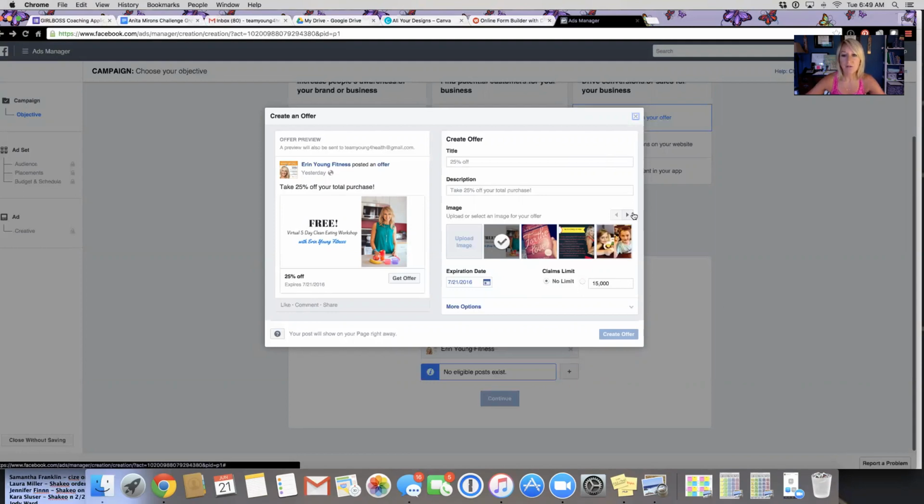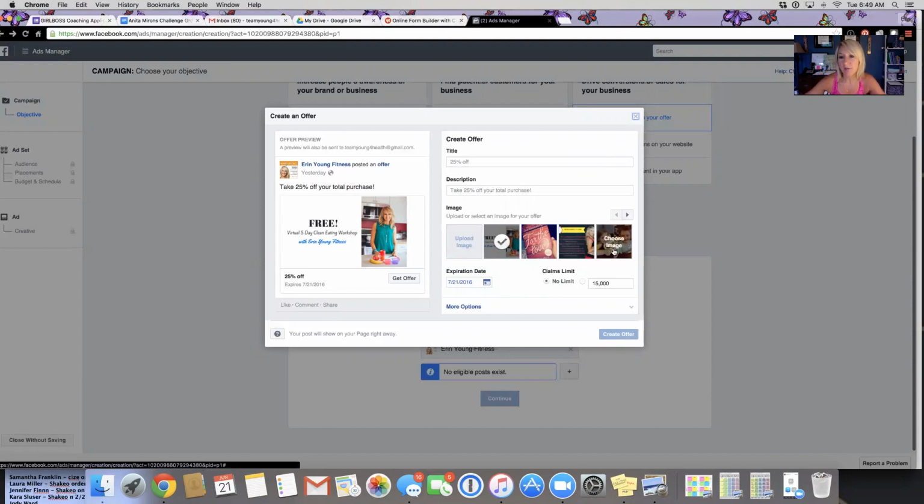So you can upload any images you want, but I do want to say that with this image here, you want to know what you're doing, okay? This is a Facebook app. So if I went over to Canva and you get to pick your template, the template for this photo is a Facebook app. So just pay attention to the size requirements for the different photos that these ads want you to use, okay?